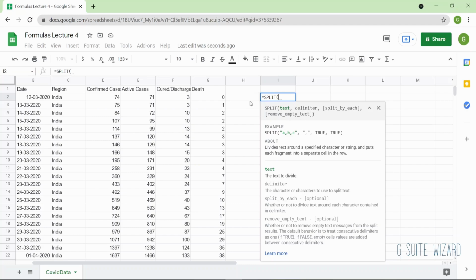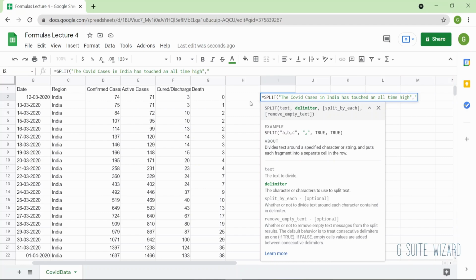So let's say I put a text here. I am going to put the text manually. Let's say this is the text, or this is the string that I want to split. And let's say I want to split it by a delimiter. Delimiter is the element by which you want to split this string.